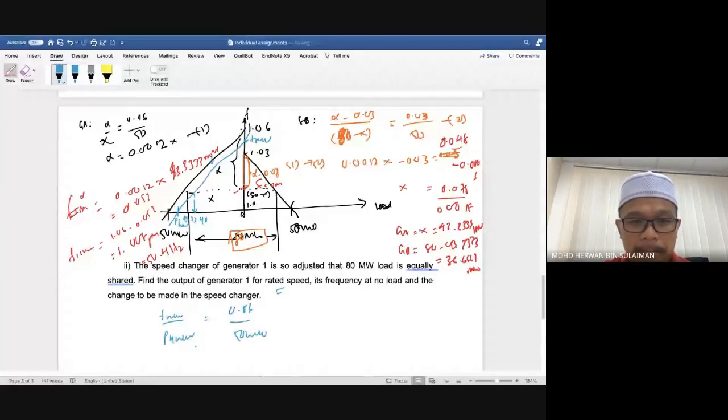Atau you need to find the variables that can contribute to this value, right? So F new divided by PG new must be equals to this slope. The slope is similar because